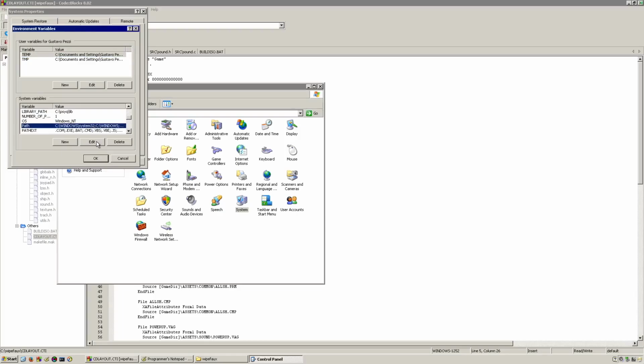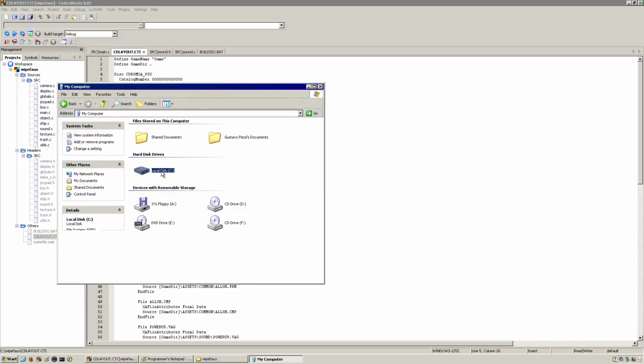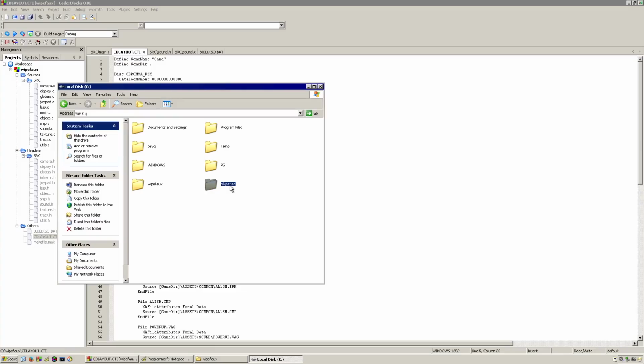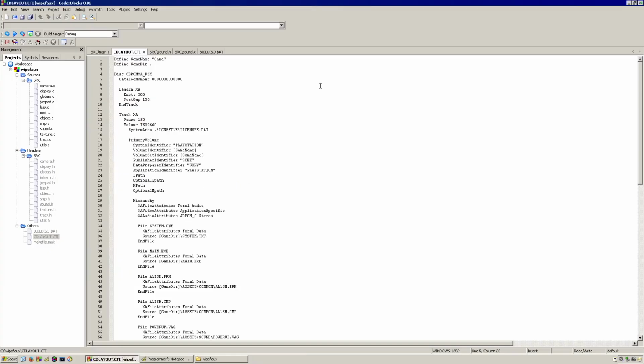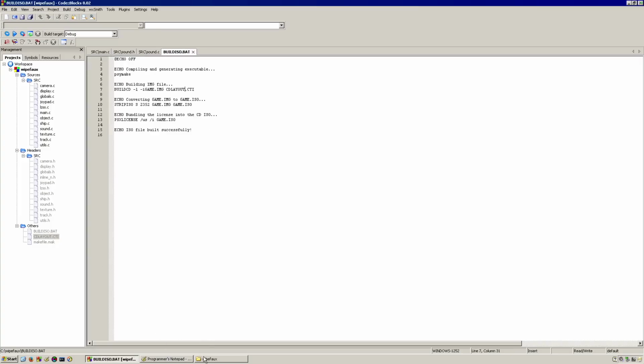In the path, I edited, and at the end, I added C:\MKPSX ISO as one of the folders of the path, besides all the other ones we had. Now that we added this folder to the environment variables, we can invoke that from our command prompt. Instead of using the CTI, I'm going to use a different format, which is that XML, and just to save everyone's time, I have already added right here the